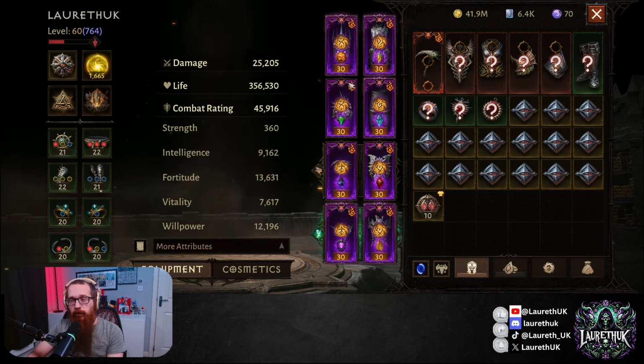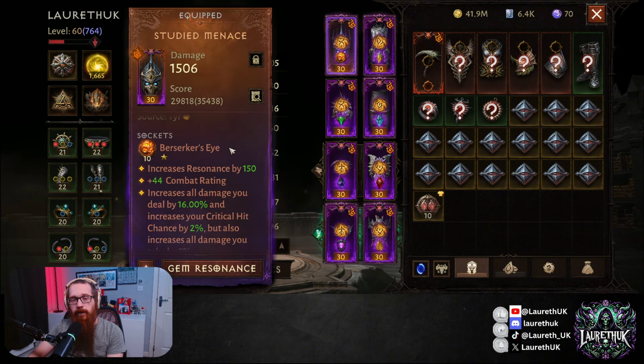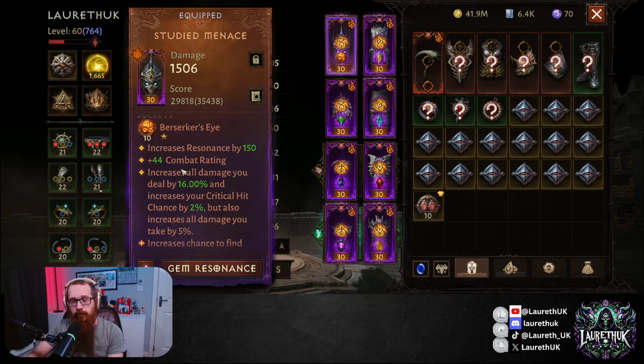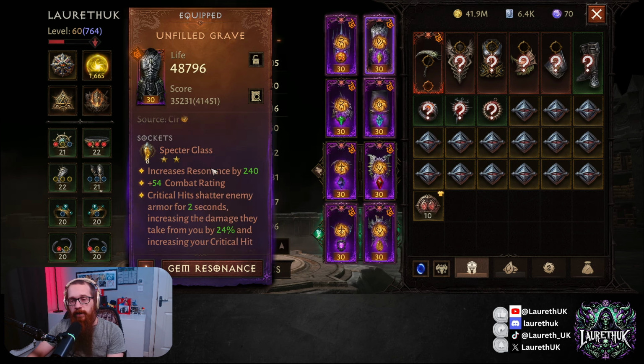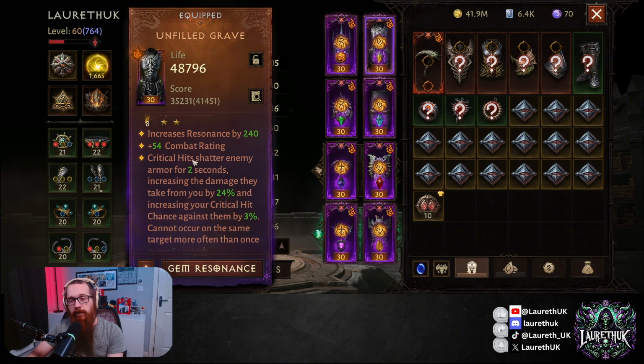Now when it comes to our gems, we're using Berserker's Eye in this free-to-play version, rank 10, to increase your damage and your crit hit chance. We're also using the new one, Spectre Glass, which is great because it shatters enemies' armor for 2 seconds when you do a critical on them, and that increases the damage they take from you by 24%. And it says from you, so this is not party wide, and it increases your critical hit chance by 3%